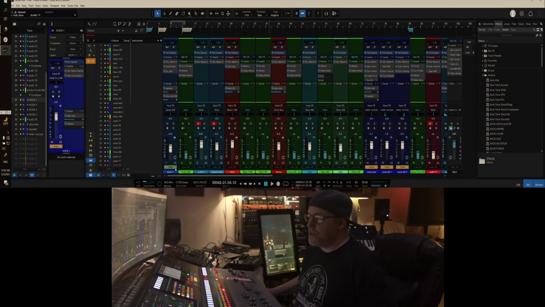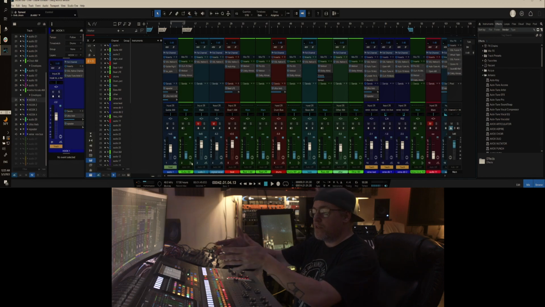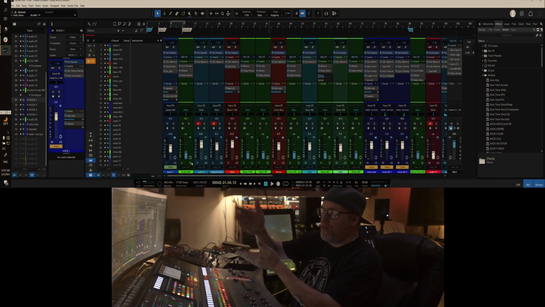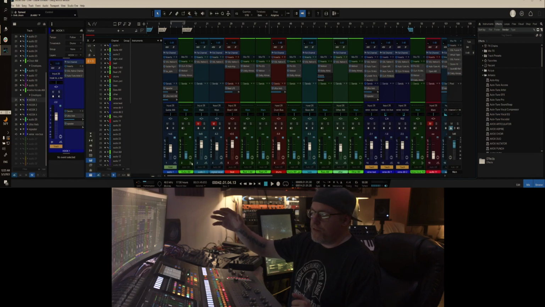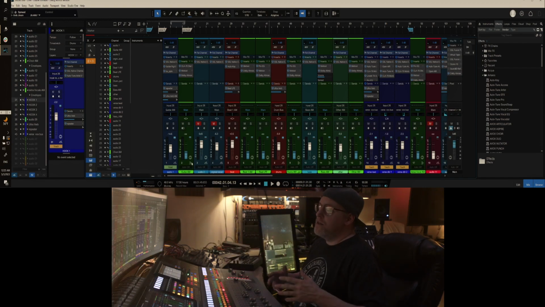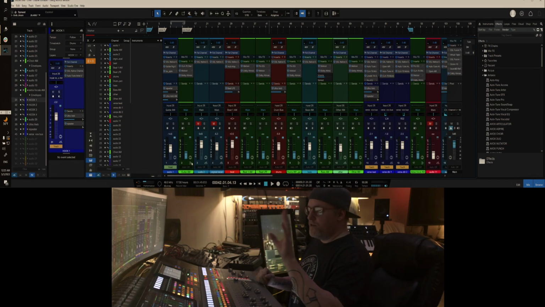So what I basically did is, if you look at these channels here, this symbol just shows an audio track, which is fine. And then this symbol means it's a bus channel. So you can see little three prongs leading into one prong. So a bus is basically sending a bunch of stuff to one thing, right? Or to one bus channel where you can do effects or volume rides on a whole group of things. That's one way to do it. There's obviously more than that. You can use VCAs for that and a bunch of other things, right? But just for simplicity's sake,